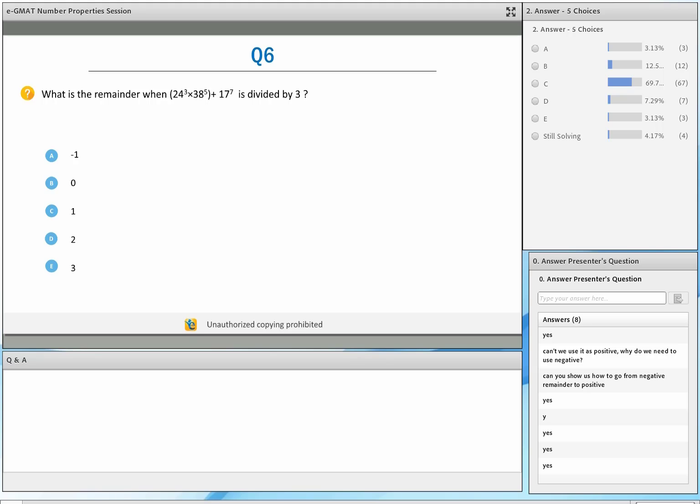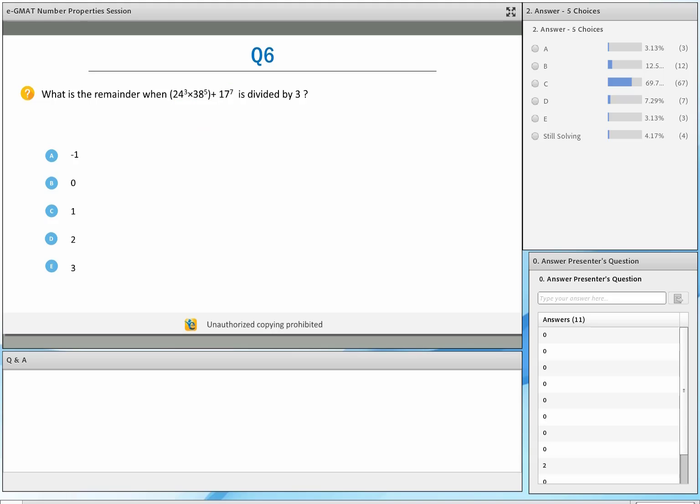All right, so now let's take a look at question number 6. And the first part over here, you don't need to solve that. Why? Because you know that the remainder for this part is what? What is the remainder for this part? Quickly take a look at the numbers here. The remainder for this part is 0. So essentially, this question boils down to what is the remainder when 17 raised to the power 7 is divided